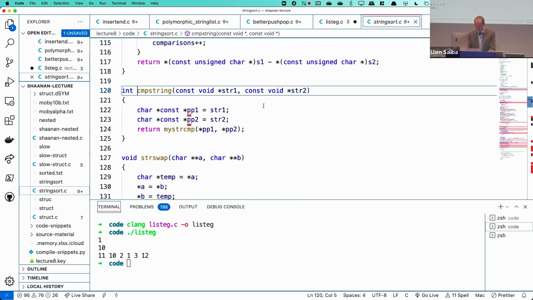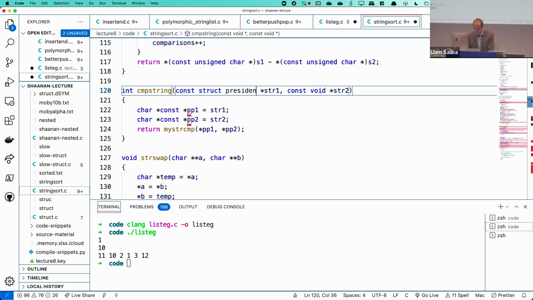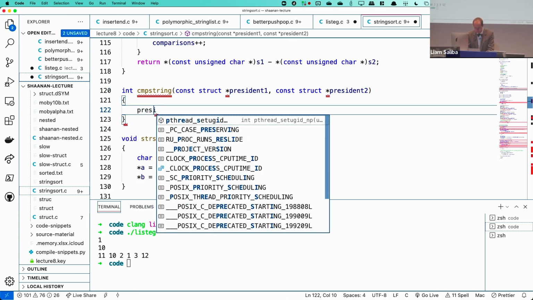And let's look at the implementation. I have 2 strings, which is the input to it, although these could be 2 of any type. It could be 2 struct presidents. So I could do const struct president star president 1. Let's make that a pointer, and const struct star president 2. And then what we'd do is we would write something like president